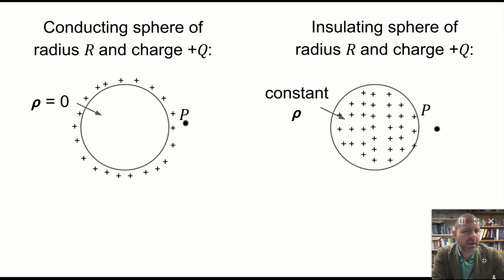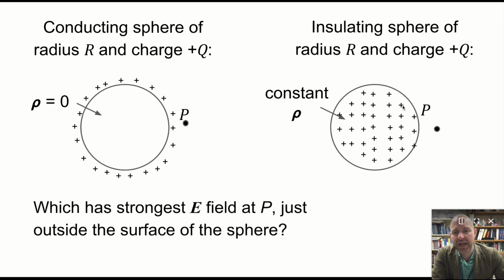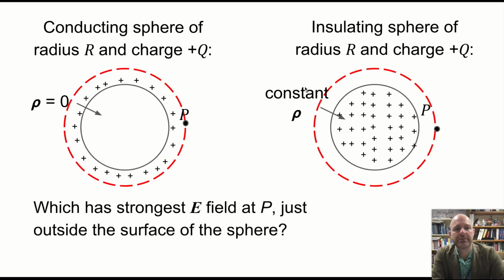All right, so there's a couple of other things to think about here. What if, instead of a point charge, we have a sphere of charge? If we have a conducting sphere, all the charge is on the outside, so the charge density in the middle is 0. And if you have an insulator, you could spread the charge out and maybe give it a constant charge density. In each case, just outside the sphere, if they both have the same amount of charge,